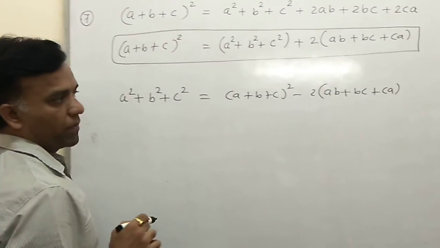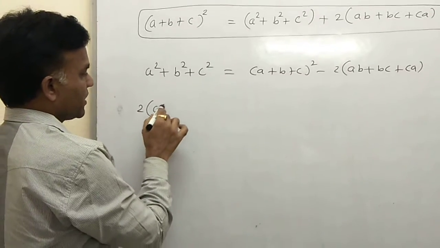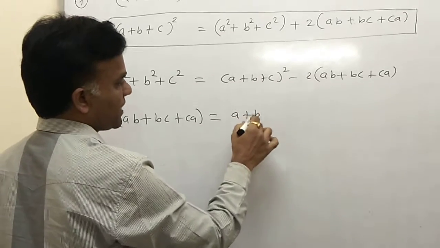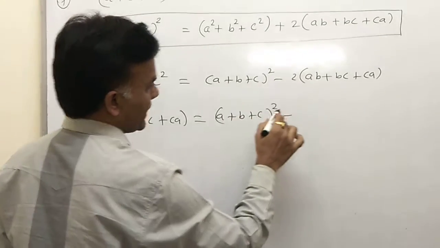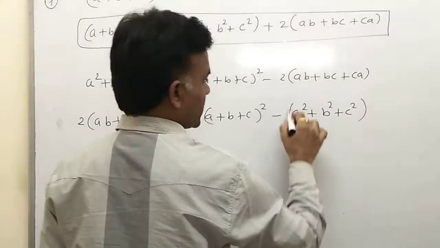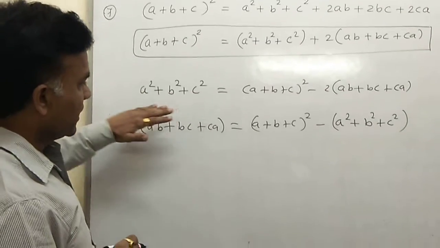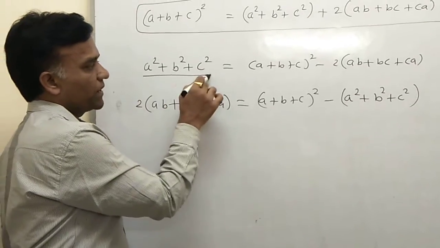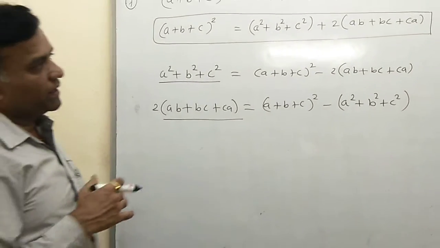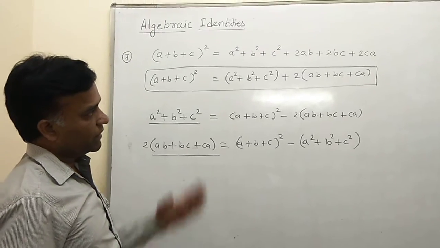Okay, you got the value of AB plus BC plus CA similarly. And now you find out the value of 2 times of AB plus BC plus CA, which is (A plus B plus C) whole square minus (A square plus B square plus C square), which you use the bracket. Okay, so this is the factors in which you find out the value, like A square plus B square, in which you find out the value of AB plus BC plus CA. So many options, so many identities you find, they are related with the given concept.